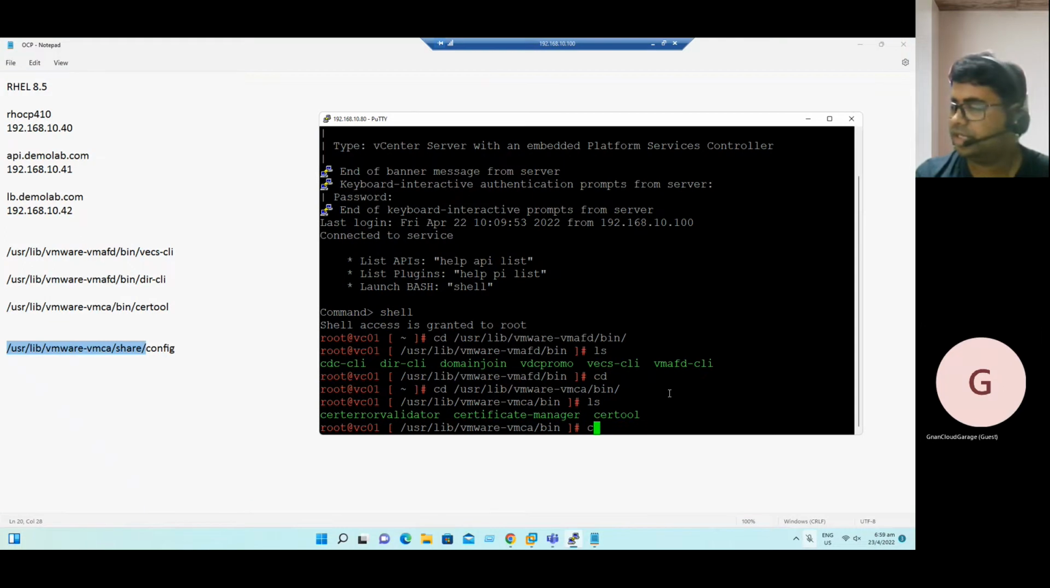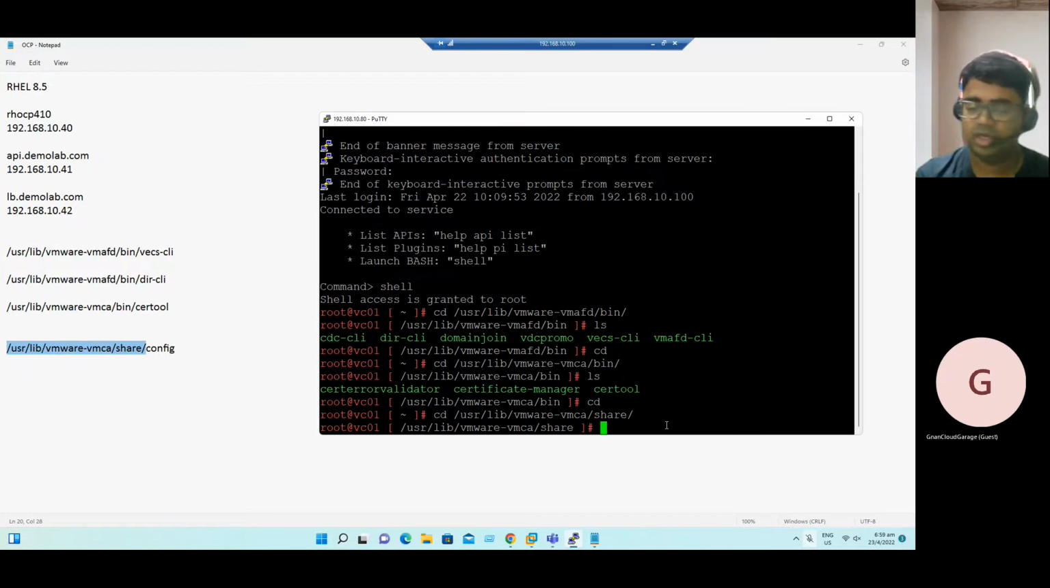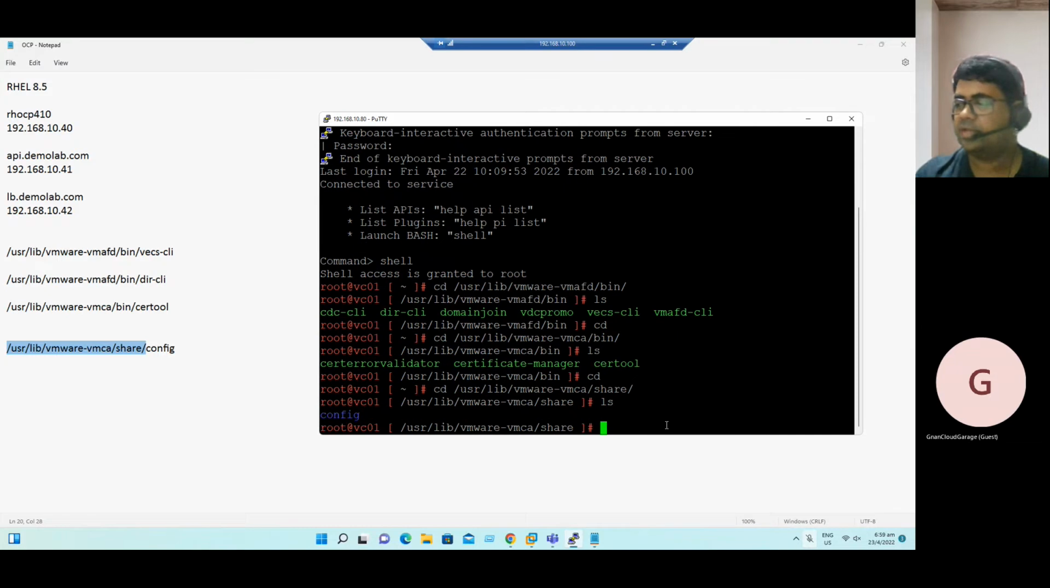So you can just type cd, clear this path and again type cd space and this path. So this is the VMware-VMCA share. When you type share, press enter. Now type list again. When you type list, you will see the config path. Okay, to verify this config file,